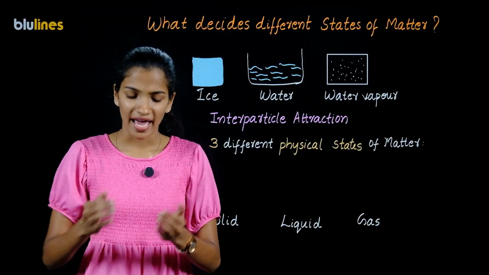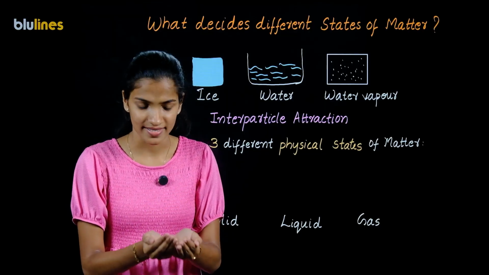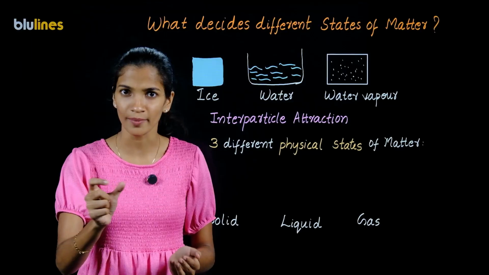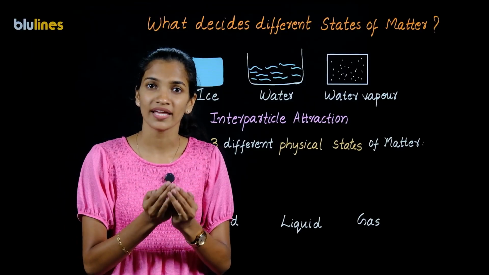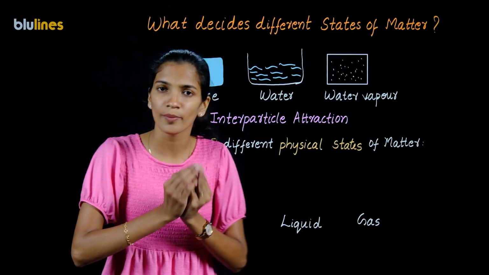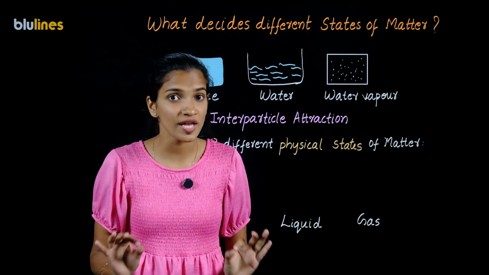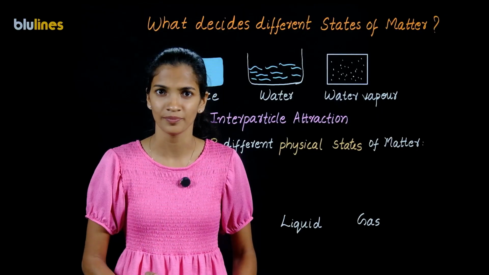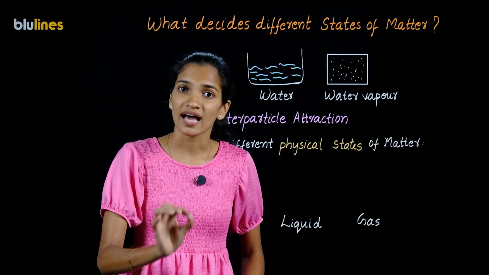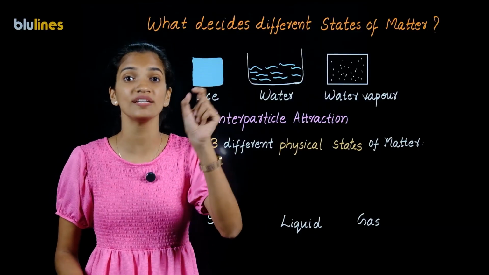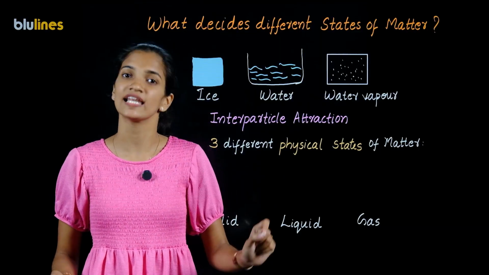Now consider I have taken some water in my hands. Now definitely that water taken in my hand has a definite volume, but what about its shape? It will have the shape of my hand. If I pour this water into a bottle, there will be no change in the volume, but the shape will be the shape of that bottle. So we can classify any matter that has definite volume but not definite shape as liquid.